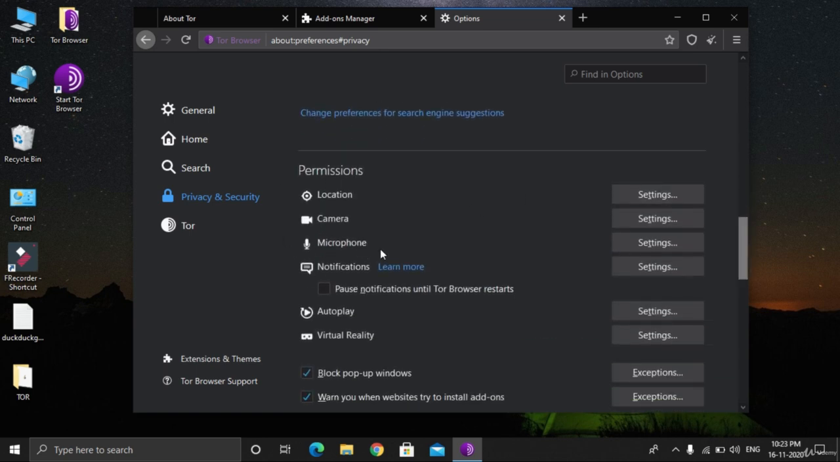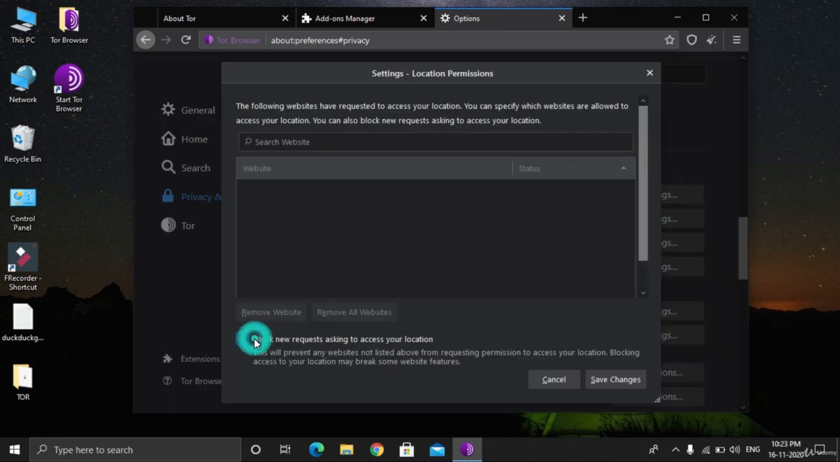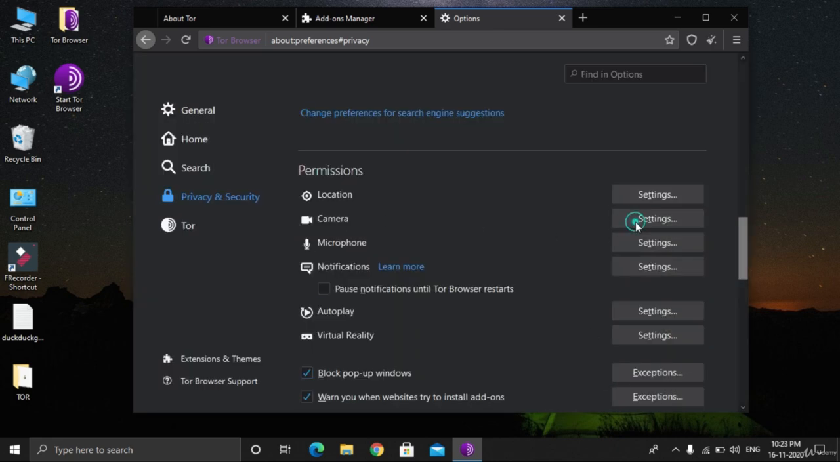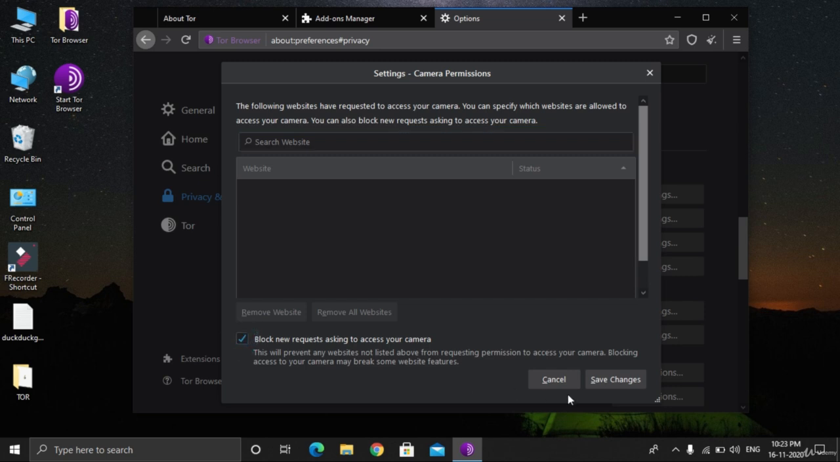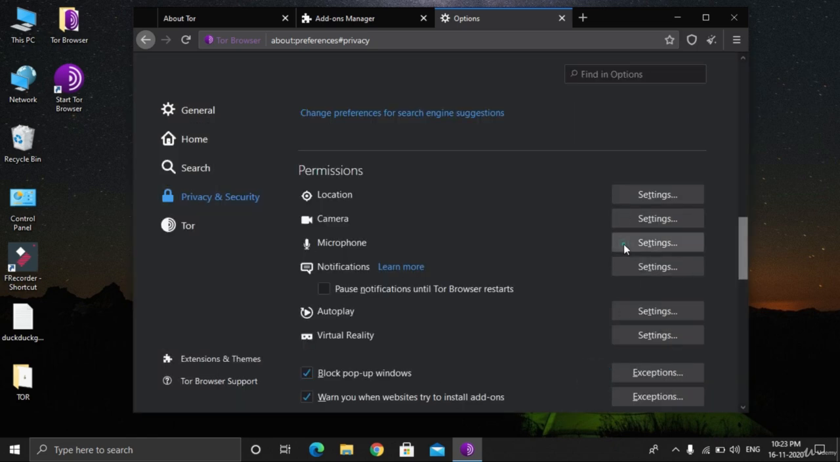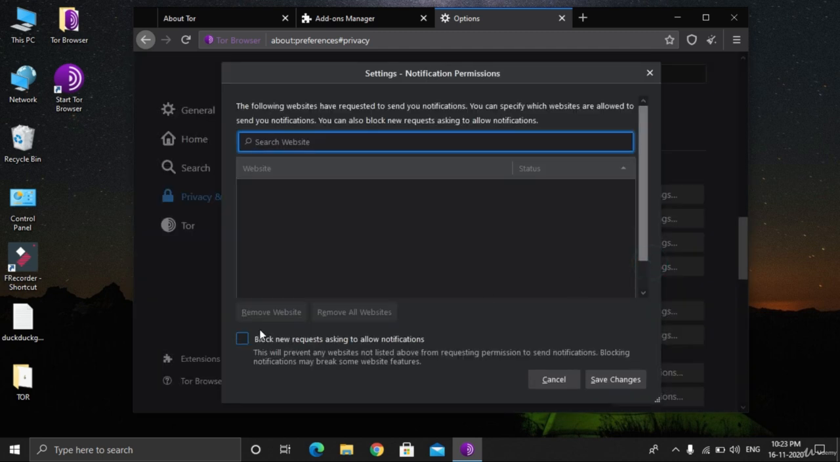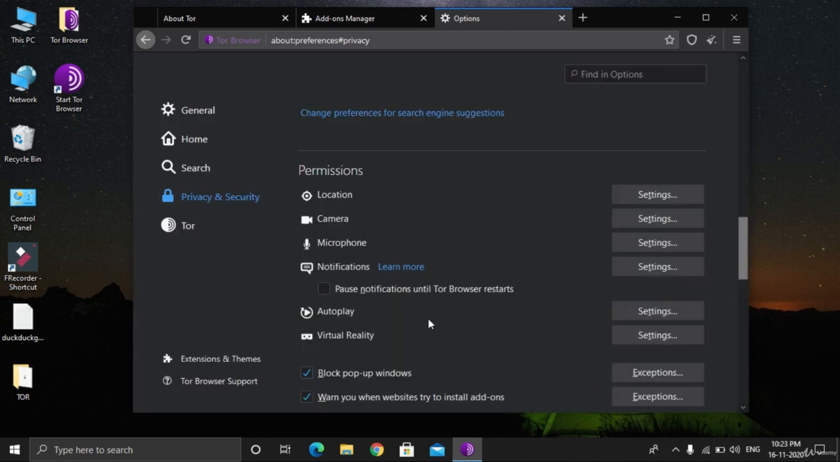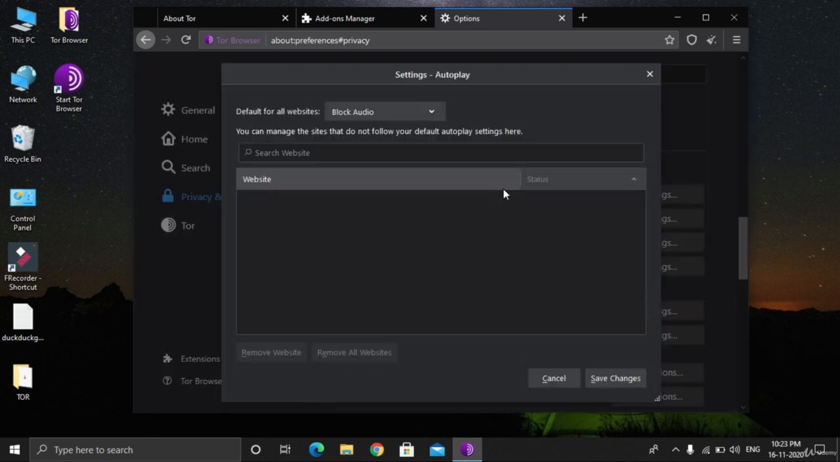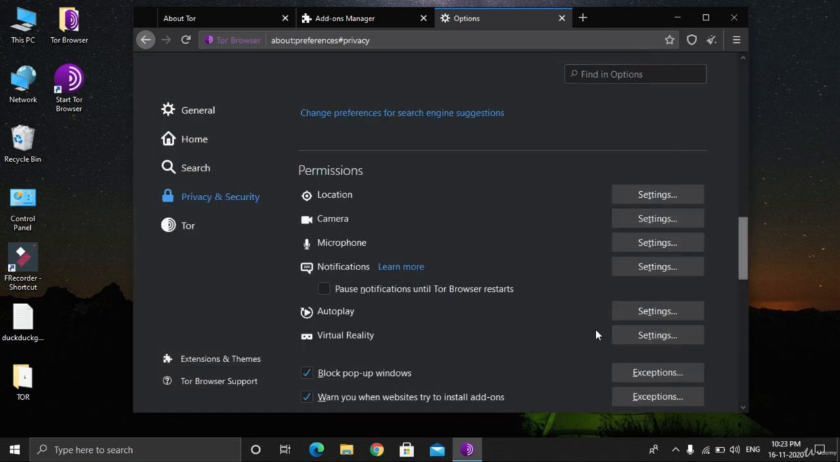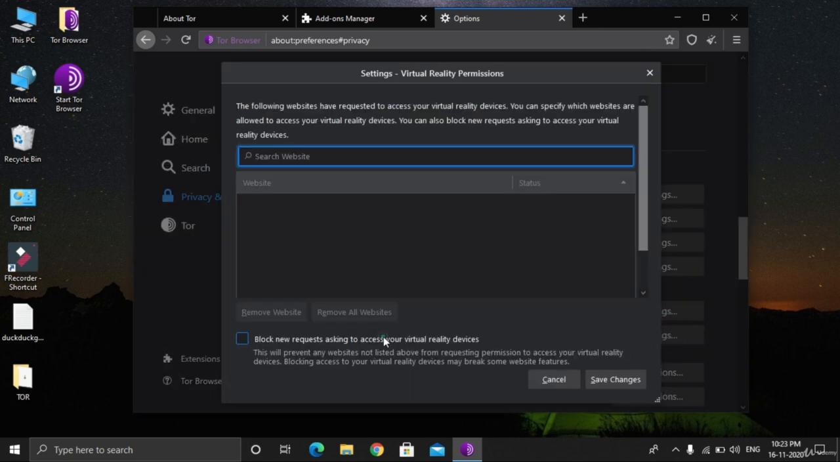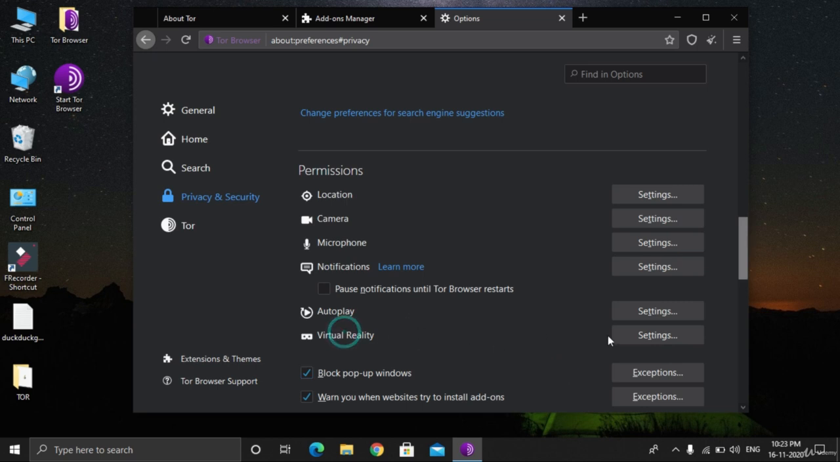Permissions, okay. Location, camera, microphone, each and every permission should be disabled, right? Because these are the main sources where people can get access to your computers. So I'm disabling all of them. Camera, microphone, notifications. Because of it, websites try to get control of your computer. Several hackers are in search of this kind of settings, so disabling it gives a lot of security to your browser. Let's disable it. Everything virtual reality, disable,